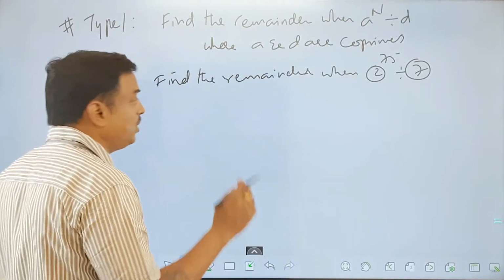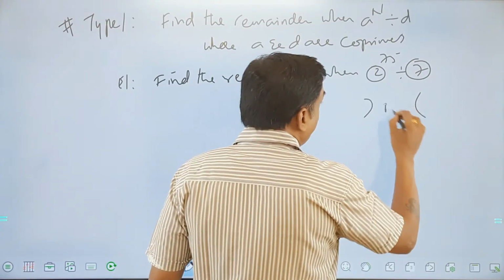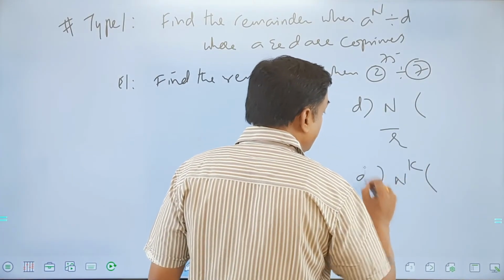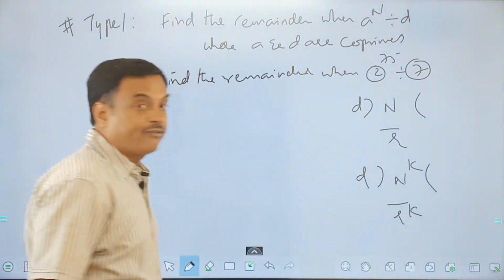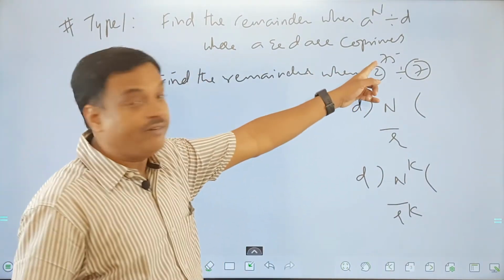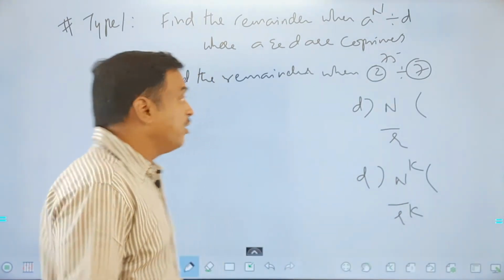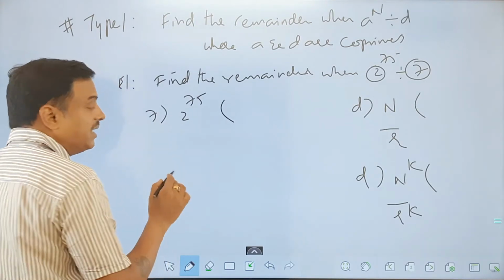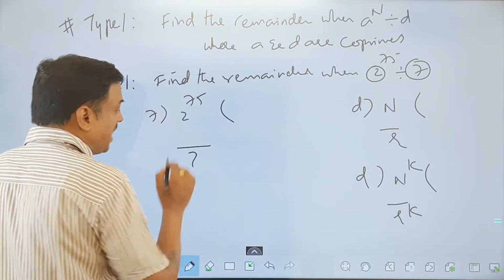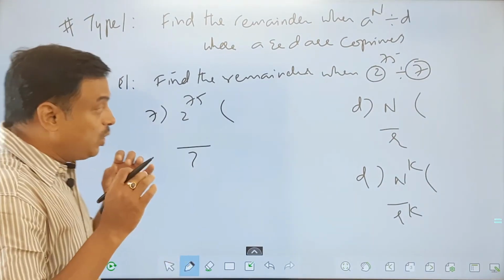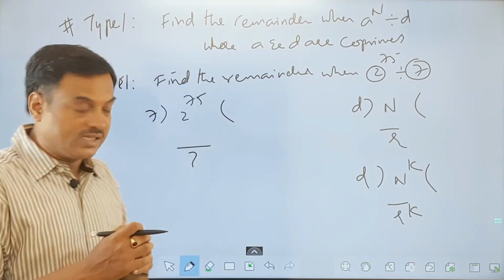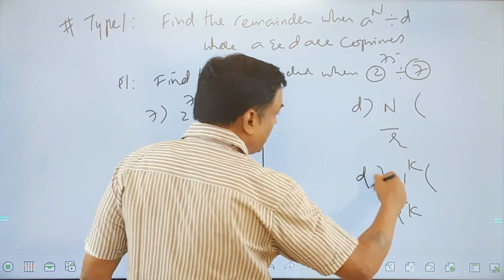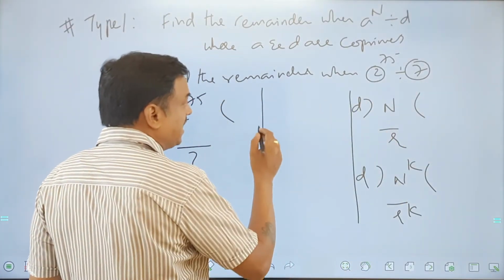What is the property I am going to use? First understand that one. If I divide n with d, the remainder is r, and n to the power of k divided by d, remainder will be r to the power of k. So power k, since I have a power here, let me deal in the way of power. So what is the question, friends? 2 to the power of 75 divided by 7 leaves how much as a remainder is the question. So there are two basic approaches for this question. One approach is using the property. There is another approach here. Let us see the second approach first.